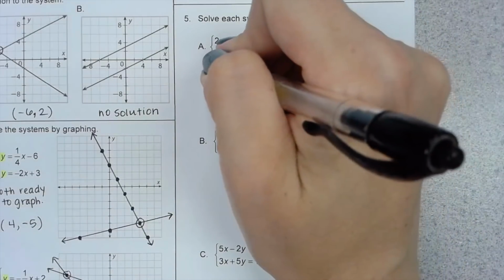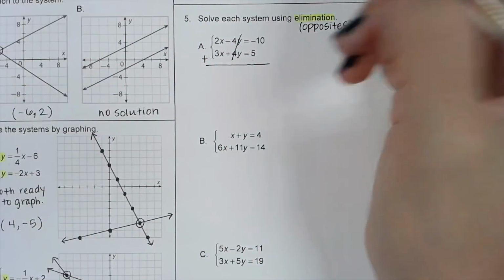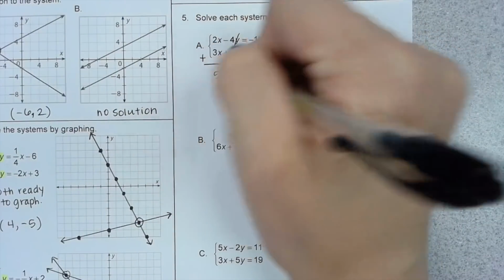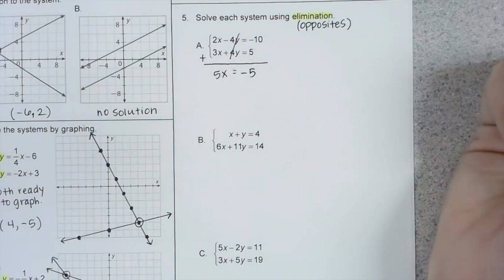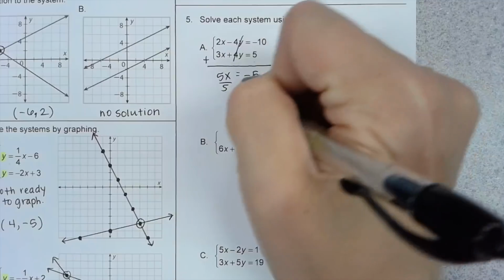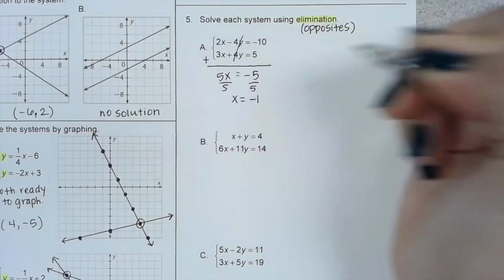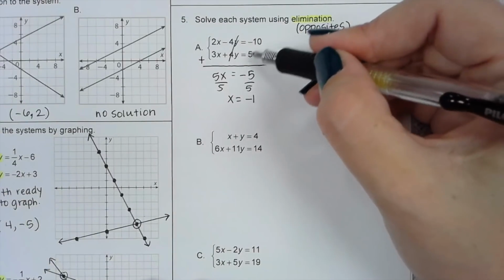And so that's helpful. Opposites cross out, and then the elimination method says that you add up what's left over. 2x plus 3x gives me 5x. Negative 10 plus 5 gives me negative 5. And then I'm solving for x, so I would divide both sides by 5, and I would get x equals negative 1. Once you have x equals negative 1, you can plug it into either one of these original equations,